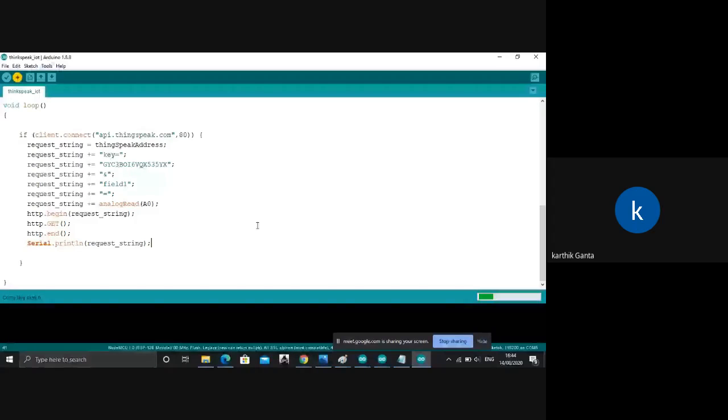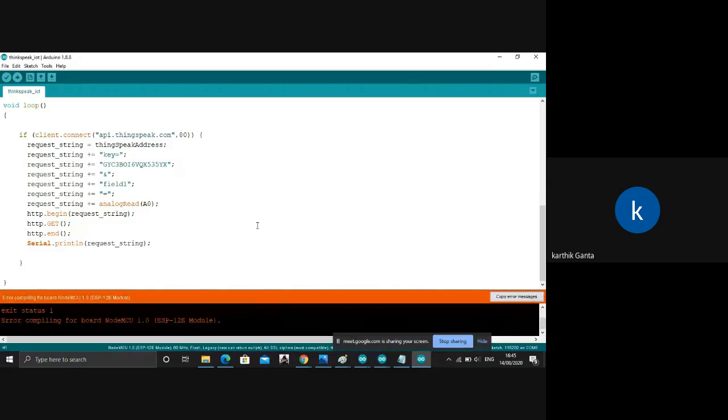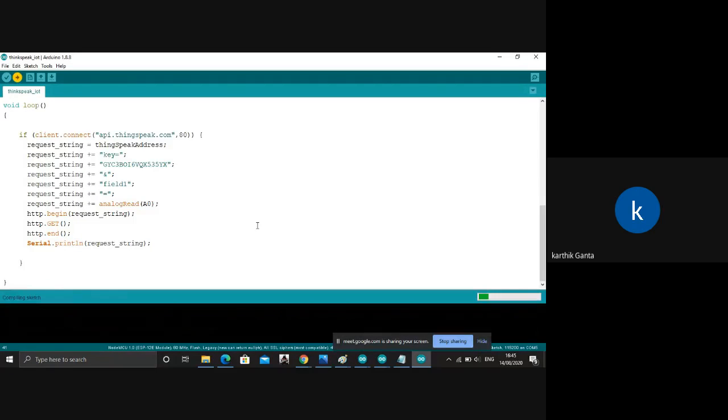By the time it gets uploaded, if anyone has any questions, please post them. I'll answer them. When you get this NodeMCU error, then re-upload the code.